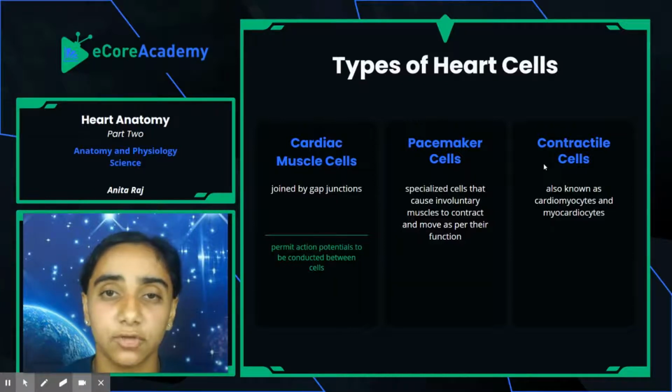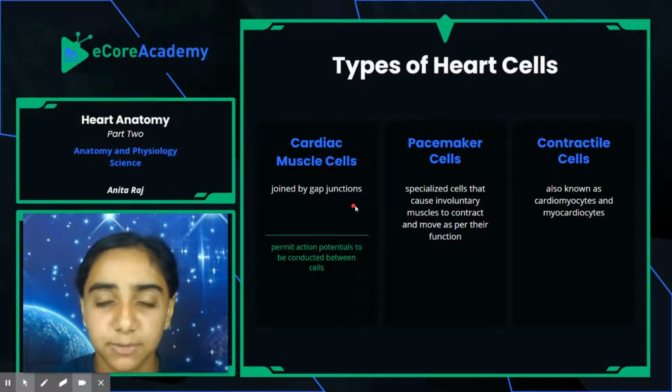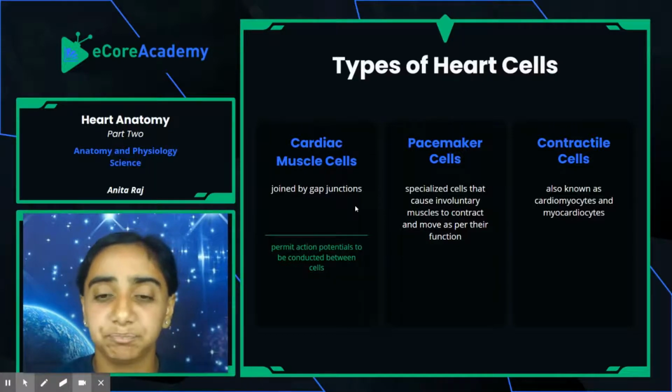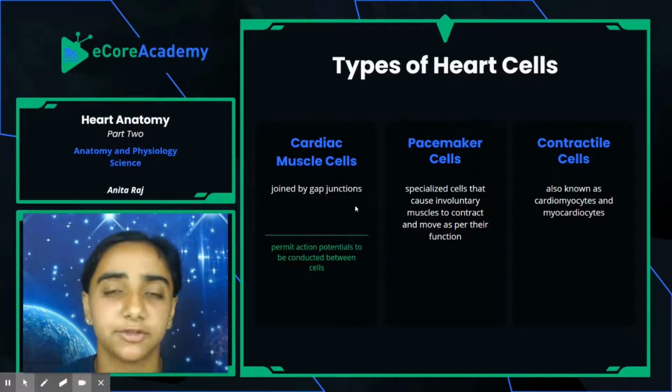In addition, there are these structures called gap junctions in the intercalated discs. I wrote it right here. The cardiac muscle cells are mainly joined by these gap junctions. So these gap junctions, through them, you have chemical messages. These are how the cells communicate with one another. These gap junctions have calcium and sodium ions flowing between them, and that's how these cells communicate with one another